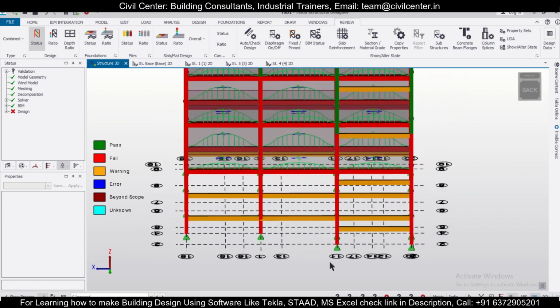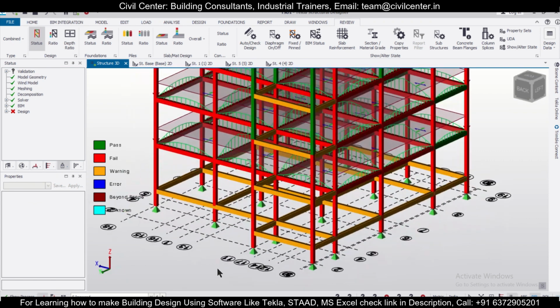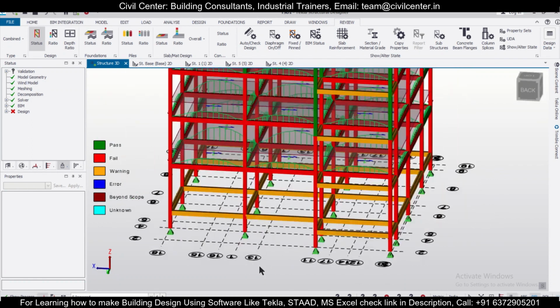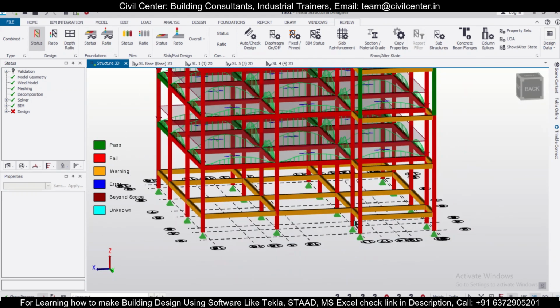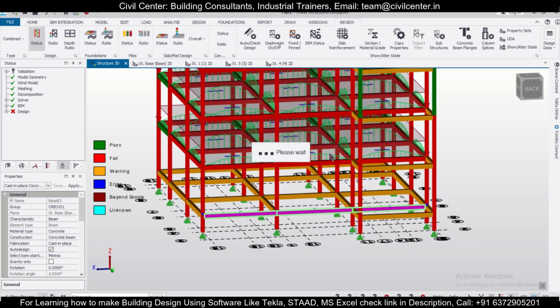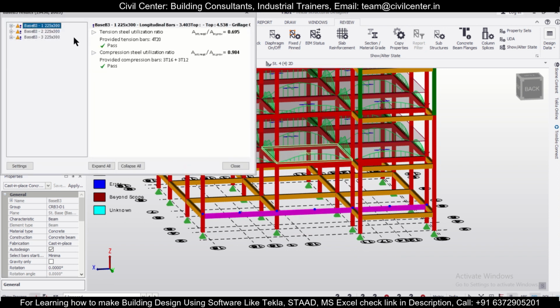So as you can see, these are passing plinth beams. A warning always comes due to the imbalance of a particular load, due to which we have made a video. So we are safe. Let's see the design as well. You can see design member static, just take the design, and the reinforcement is also coming normal. As you can see, 4 bars of 20 mm are coming.